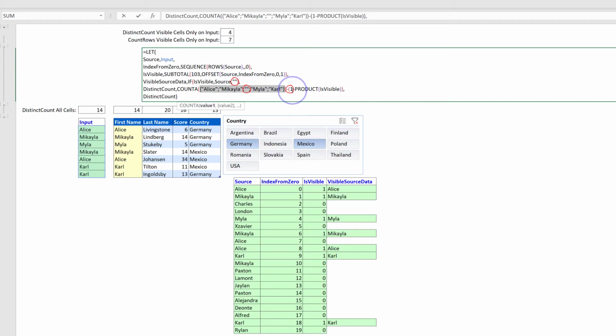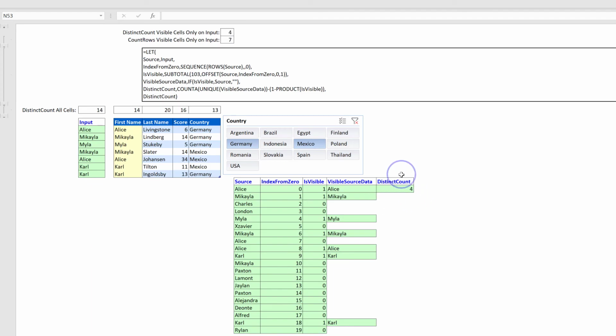In that case, when all rows are visible, all records in the isVisible column are equal to 1. And thus the product of all these records will be equal to 1 as well. And thus, in that case, by subtracting the product of isVisible, we neutralize the -1. Just a small trick. And of course, here we have the result. A distinct count of 4 and done.